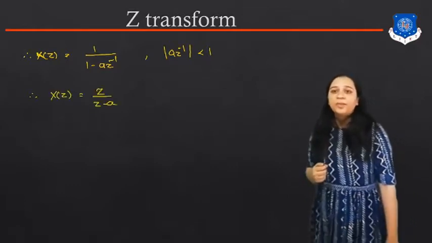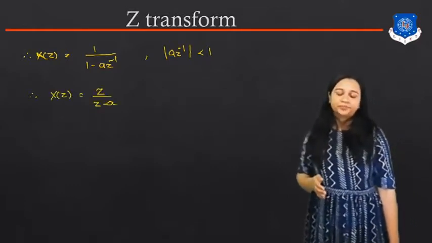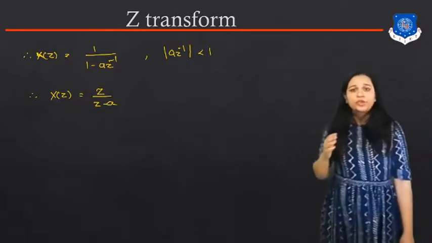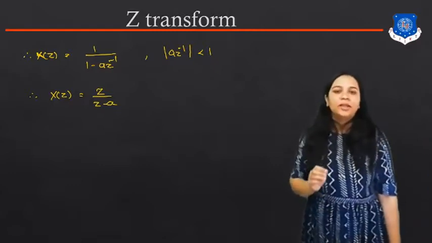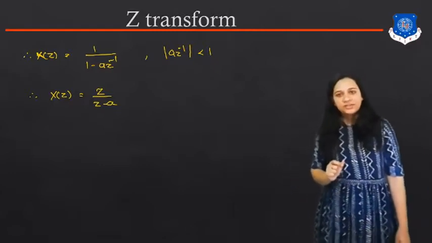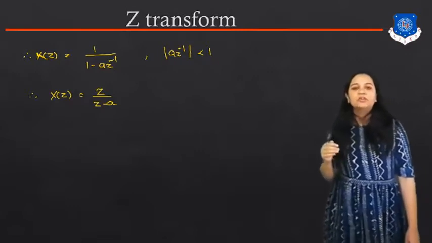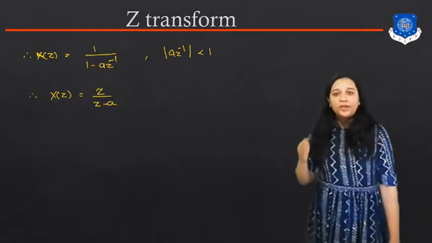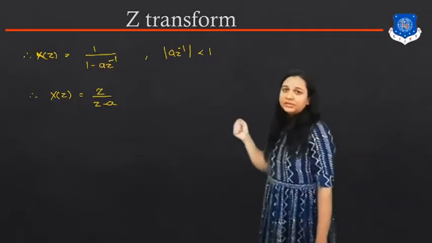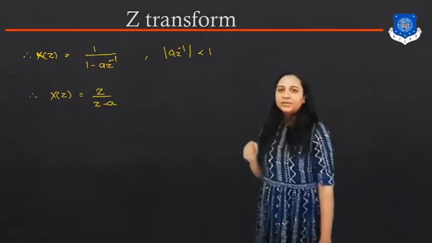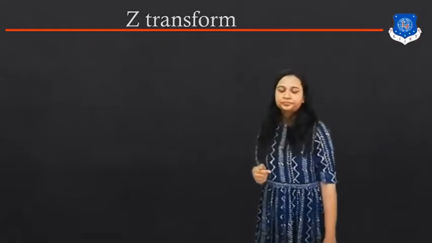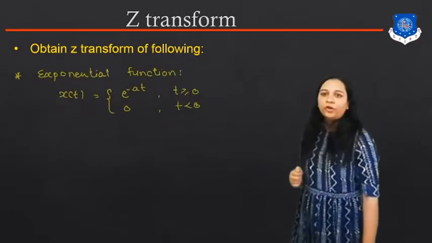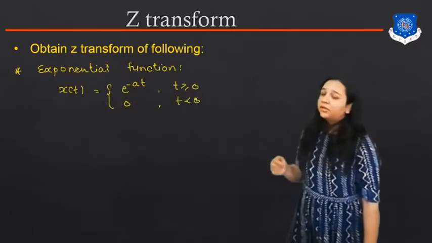Again we have to simplify, we can get x of z is equal to z upon z minus 1. So you have to remember the final equation of this polynomial function that is useful to find out the stability of this control system. Okay, so for the polynomial we can get the equation z upon z minus 1. Okay, clear?